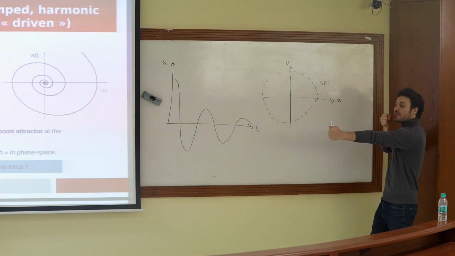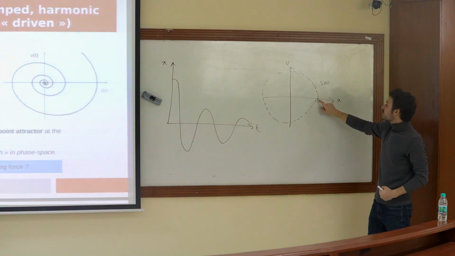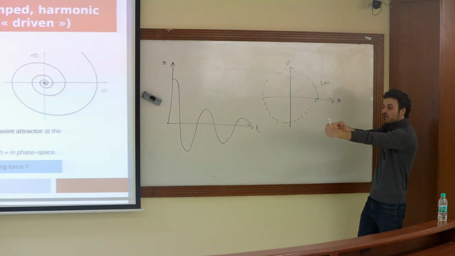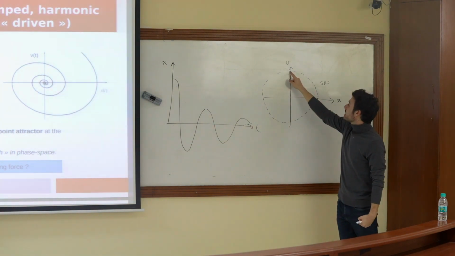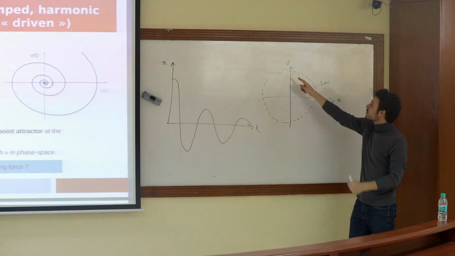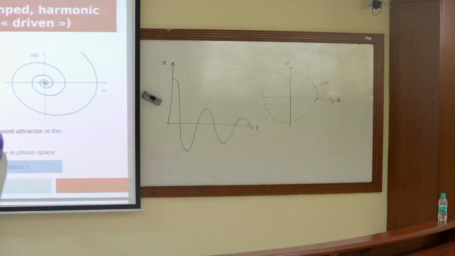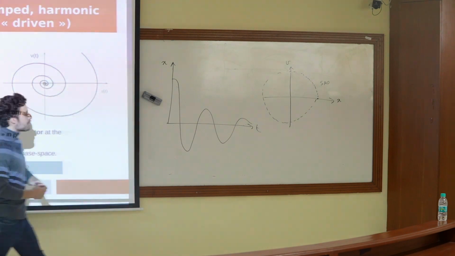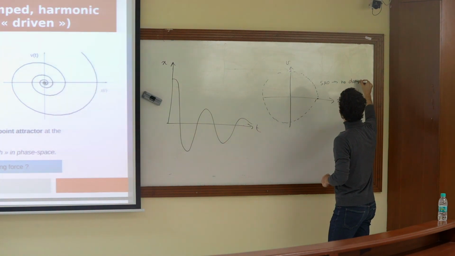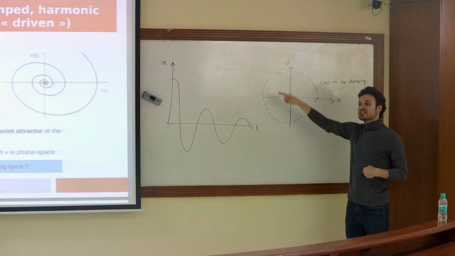Initially, you're far from the equilibrium position, the spring is taut, you have a large potential energy. This potential energy gets converted into kinetic energy as you move towards the equilibrium position. Then here, you've reached the equilibrium position, you're now moving away from it, so your spring is now working against you, you're slowing down, and you reach the symmetrical point over here. So this is simple harmonic motion, this is no damping. And what happens is that in this ideal case, your system just circles around in phase space forever.